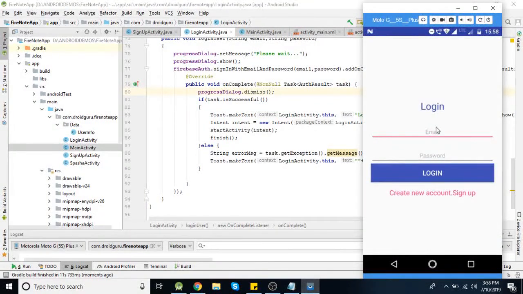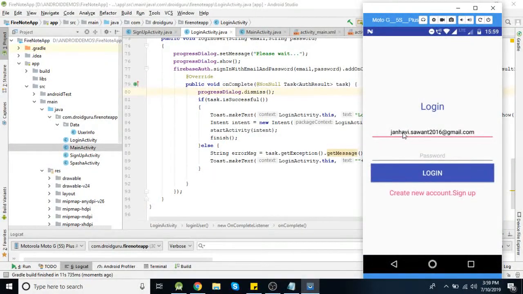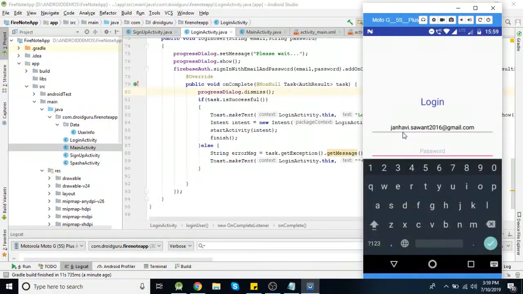Now I'm adding the same email ID and password. Again, if you enter some wrong password, it will show you an error.